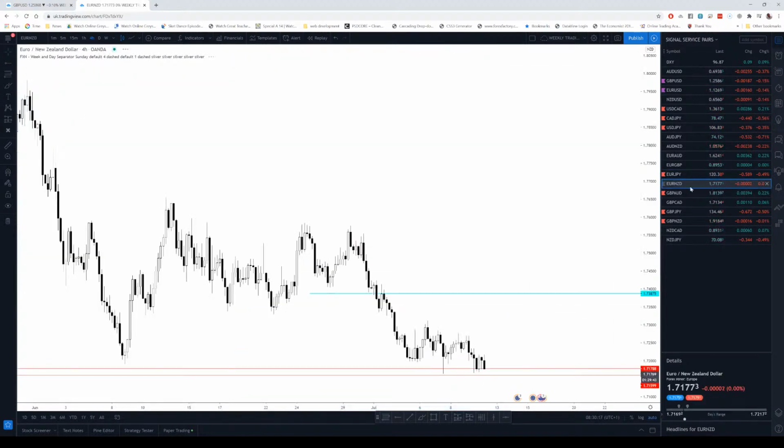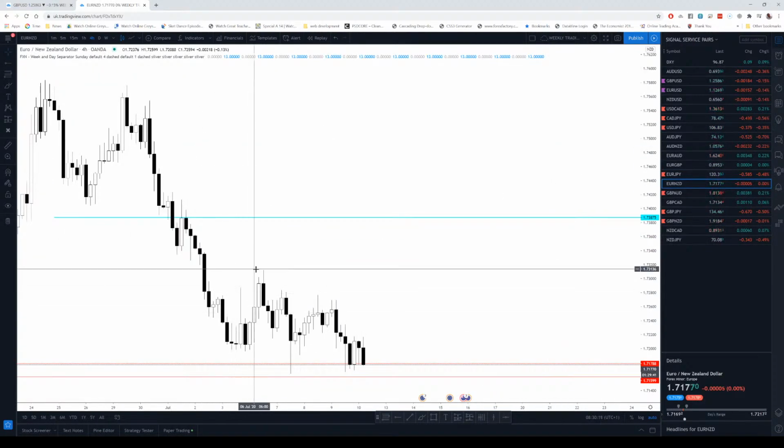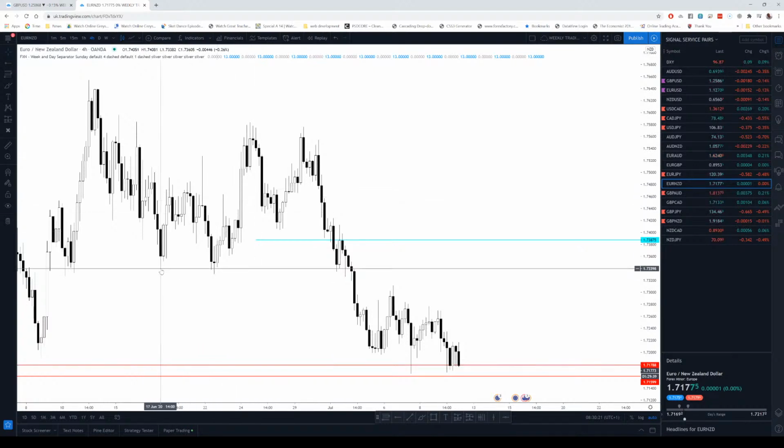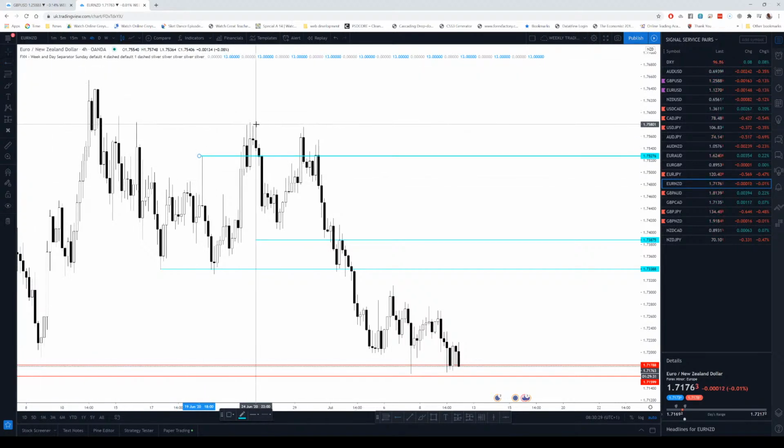So that's how you identify these liquidity pools: above highs and below lows. Just look for any time frame you're going to trade. Look for highs, and if it's not run and it's double, that's better, because they will come back and run it, because that will be deemed as